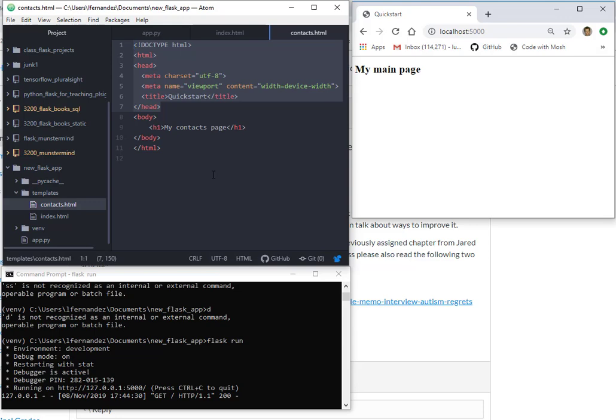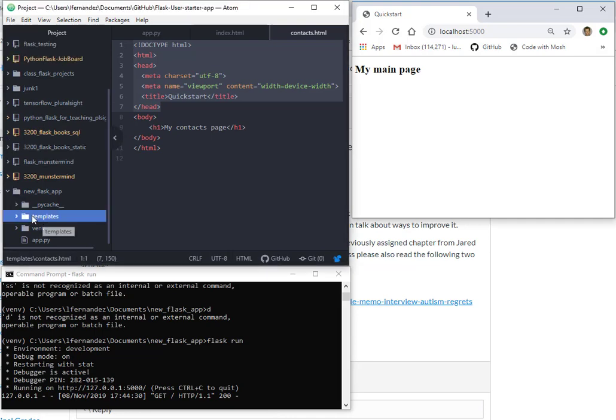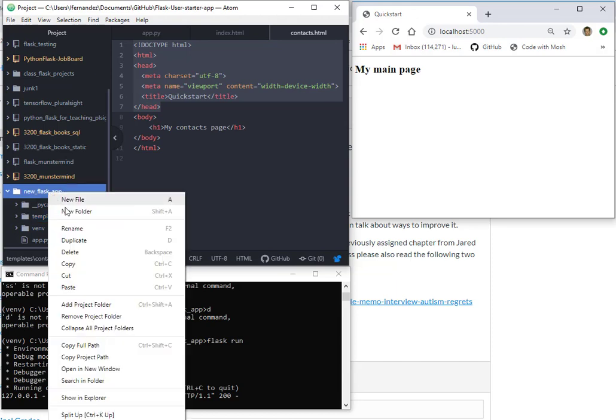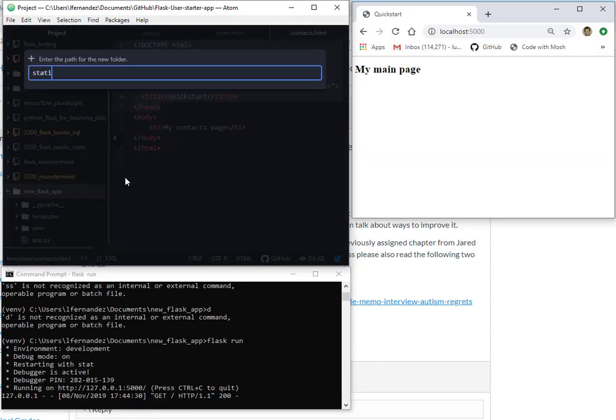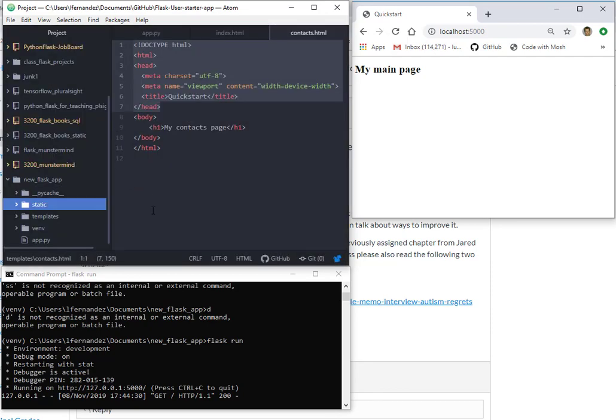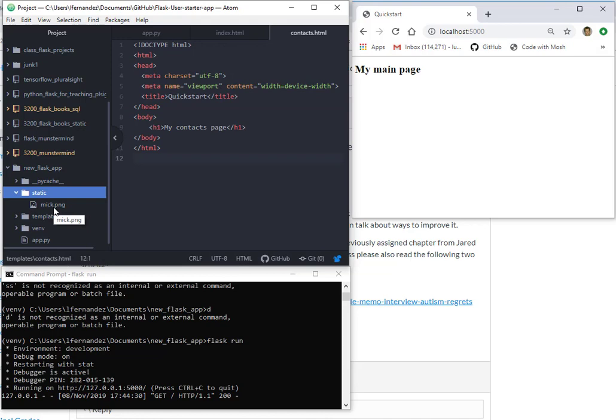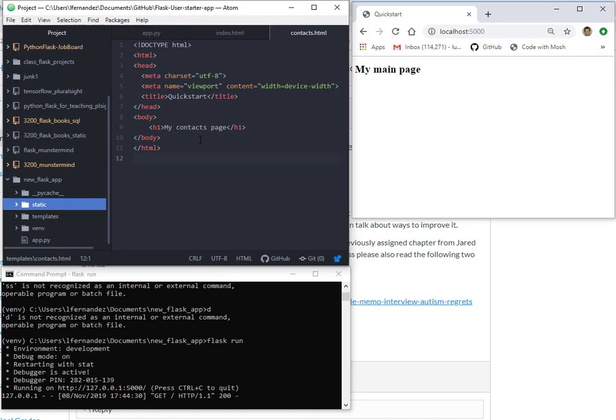Okay, so let's start with creating a static folder. The static folder just exists at the same level as your templates folder. Just call it static. And you can stick a file in there. I'm going to just put a little Mickey Mouse image in there. And you can see it right here, Mickey, or Mick, short for Mickey. And let's just embed it in the index page. So here,